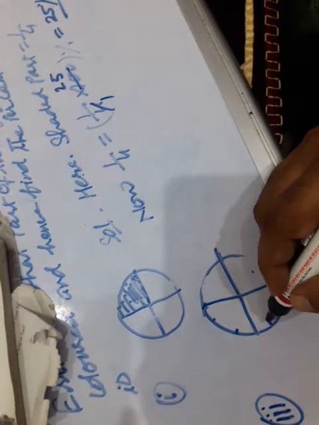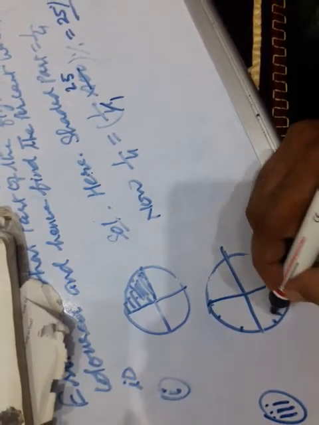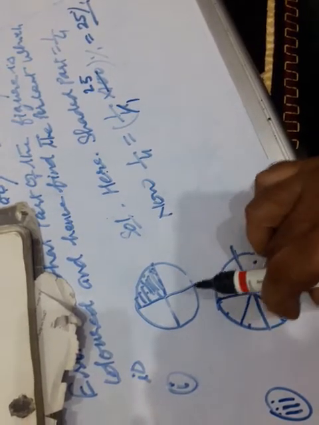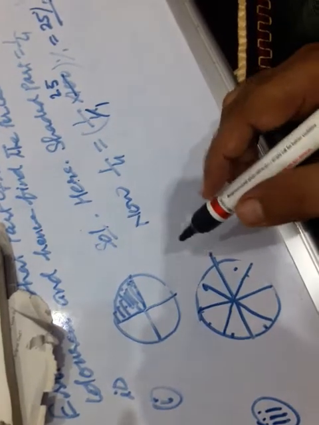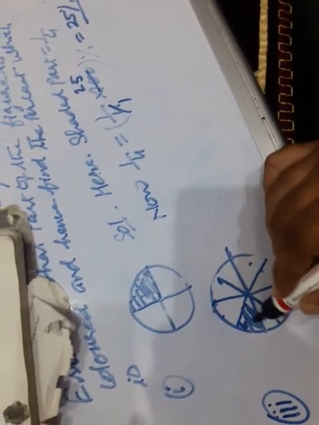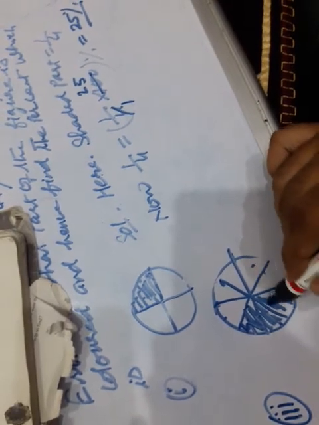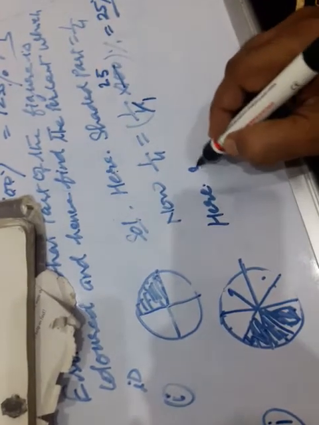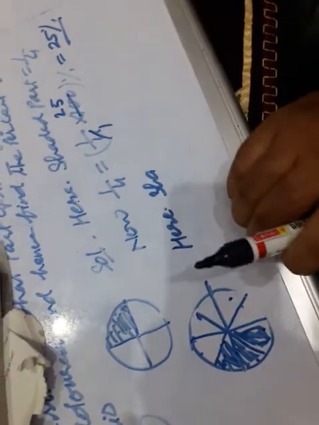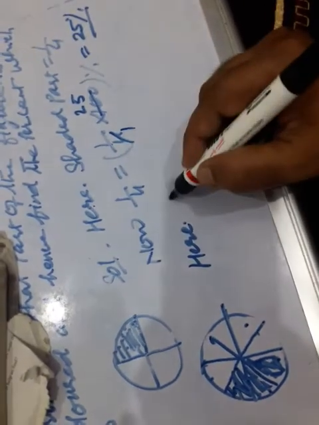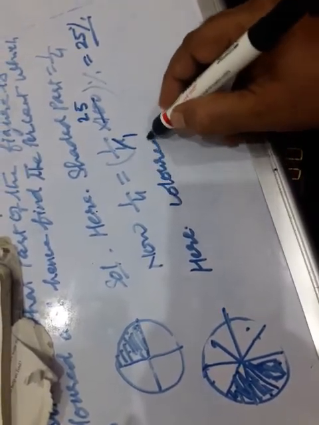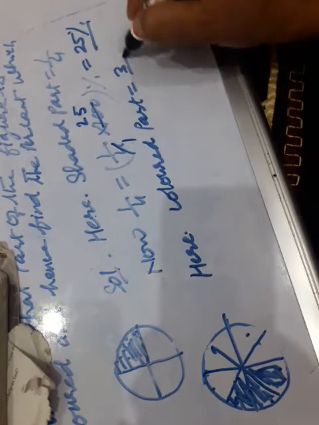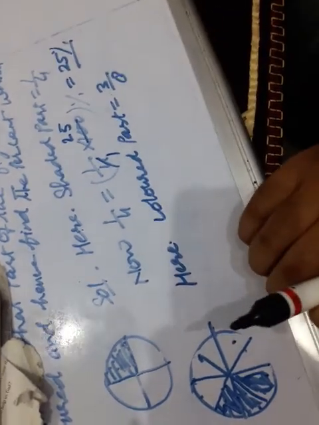Here this and this, let us see how many parts are there: 1, 2, 3, 4, 5, 6, 7, 8. 8 parts are there. Out of 8 parts, 3 parts are shaded. Shaded means colored part. Colored part equals 3 upon 8. Right? Now the percent